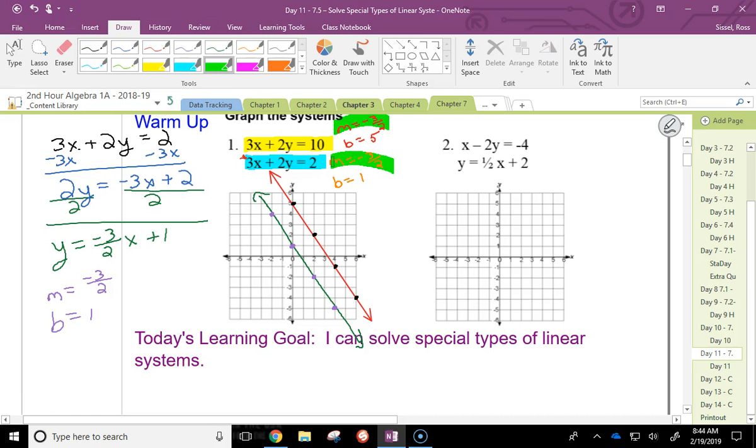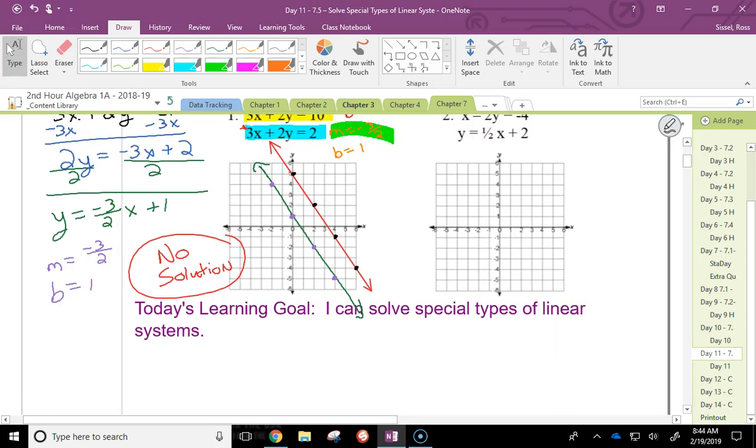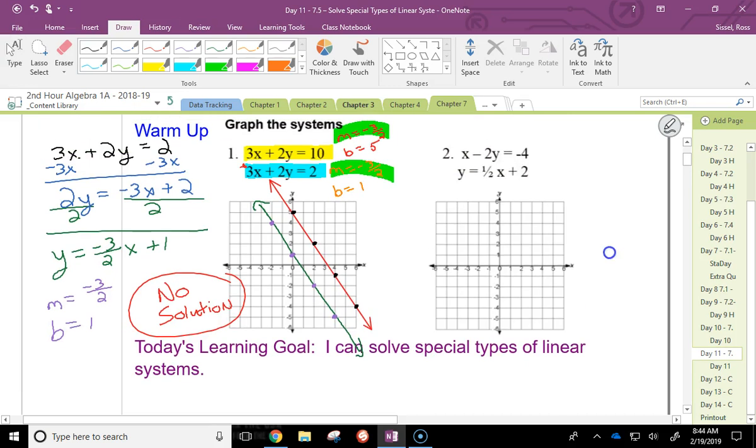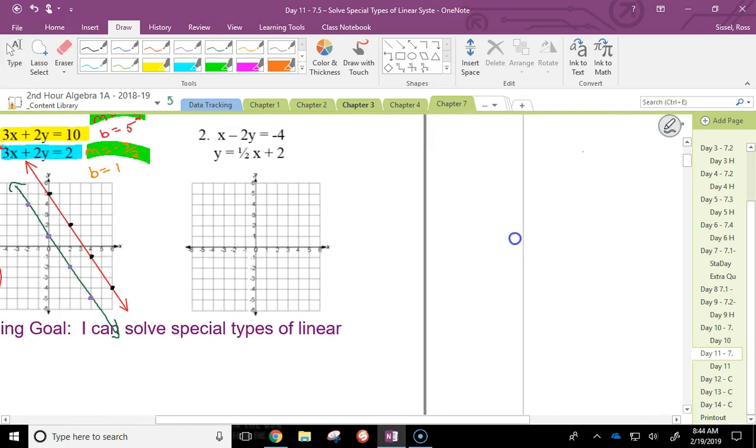Then, did you have a question too, or are you answering the question? Good. Our answer is no solution. This is one of our special ones. If I have the same slope, different y-intercepts, we have no solutions. Okay? If we look at number 2,